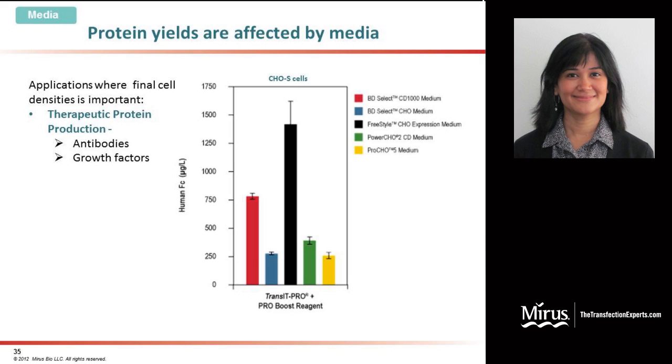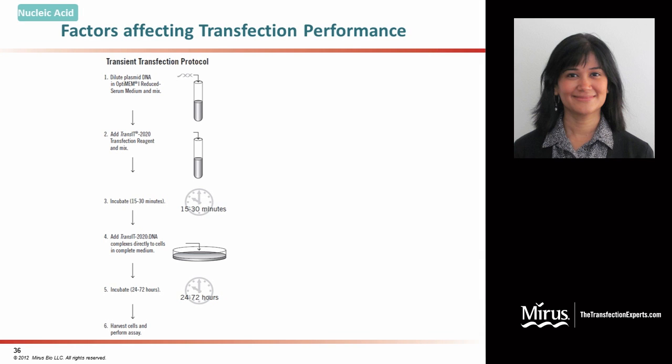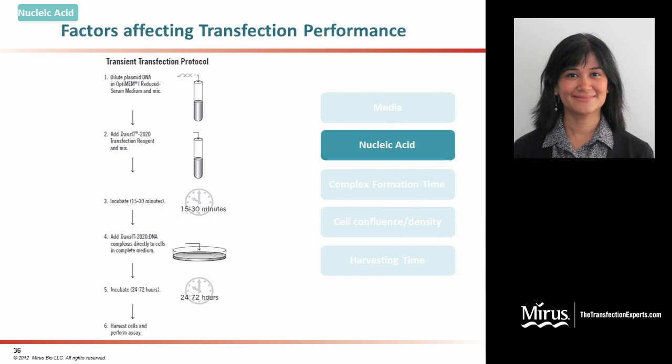Here is some data shown with our TransIT-Pro transfection kit in which an antibody-expressing plasmid is transfected into CHO suspension cells that have been adapted to a variety of different media. As you can see here, you get maximum expression in the case of CHO cells that are adapted to the FreeStyle CHO expression media, followed by the other media types. So in such cases, where the final cell densities might be very important, it is highly critical to optimize even the complete media choice. The next critical parameter in the transfection workflow is the nucleic acid that has to be